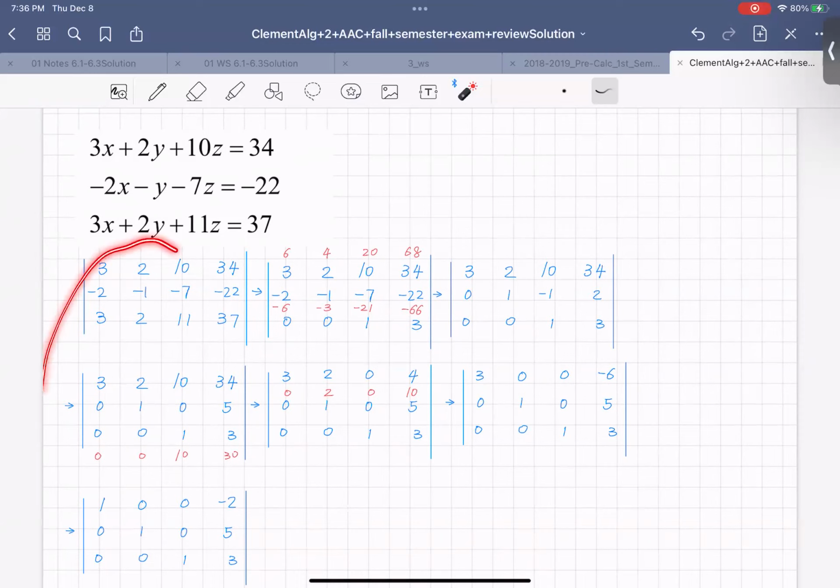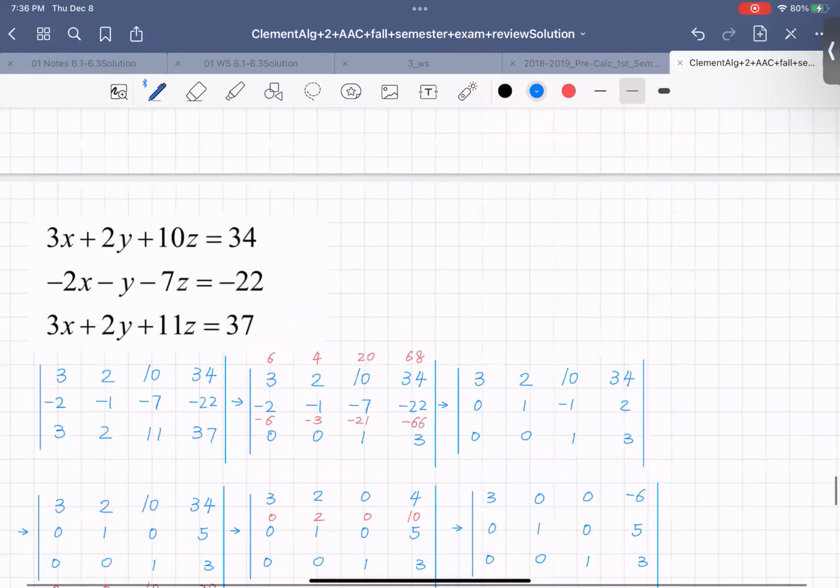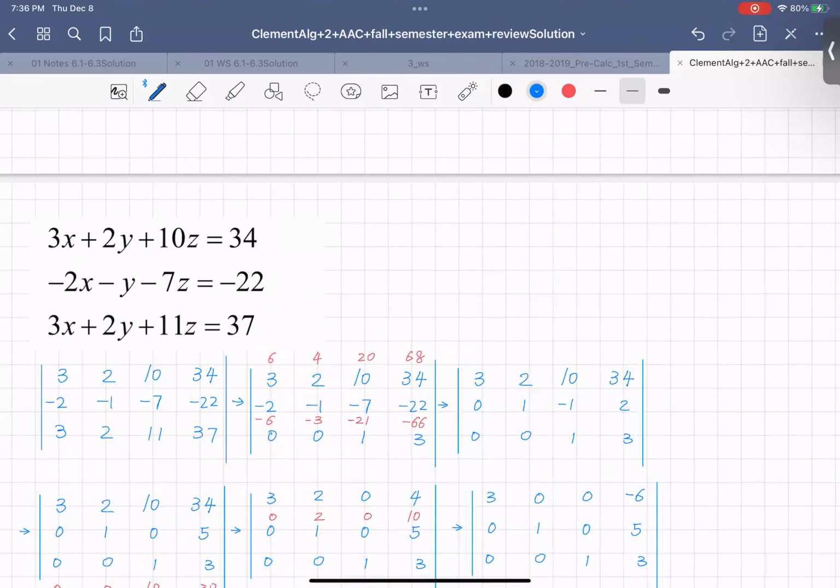The Gaussian elimination is just one way of solving this one. There is another way for solving this. I'm going to write down another way of solving this. I only show you the formula. So for the x, you can solve this by